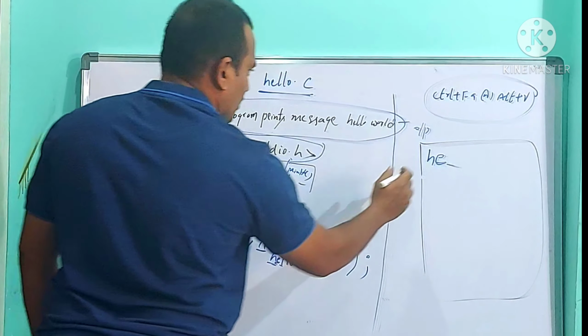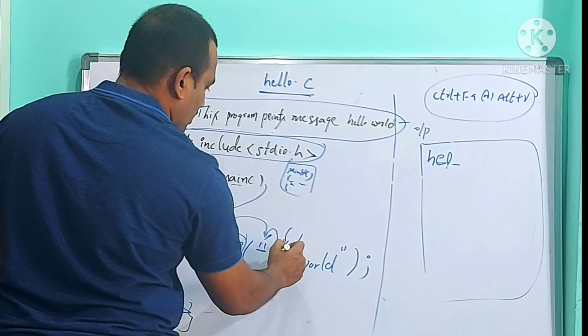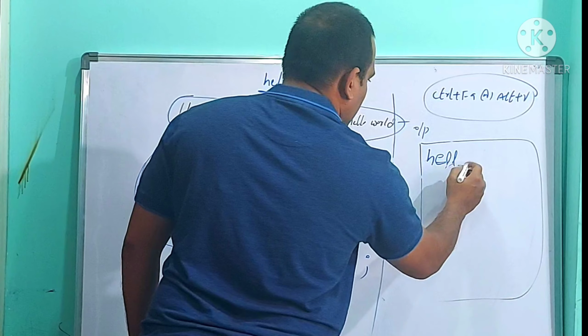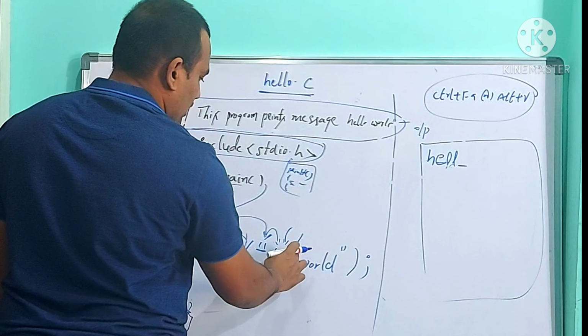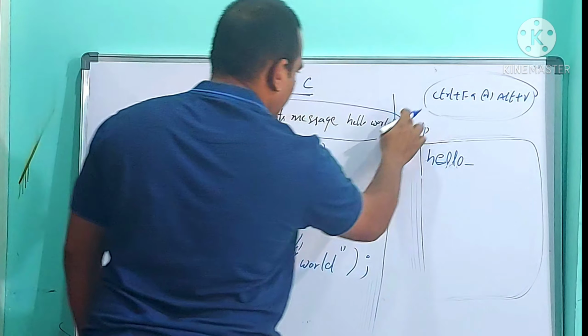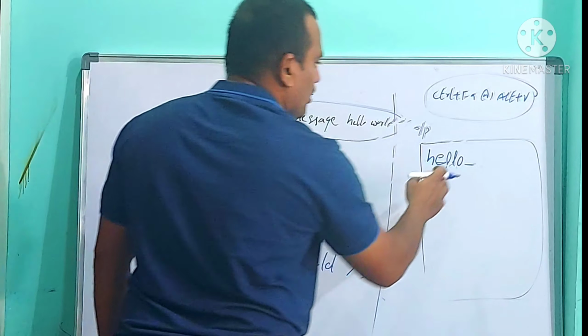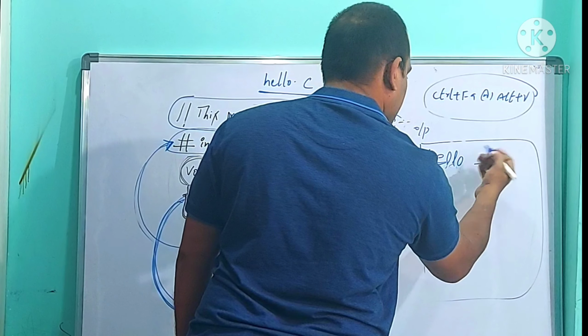Again it comes back. Then it prints L and moves the cursor one position right. And again the next one, which is also L. The cursor position moves right. The next one is O. It prints O and moves the cursor one position right. Again it comes back. Here what is there? Space. Space is also one character. It prints the space as it is, and then the next character, like that.